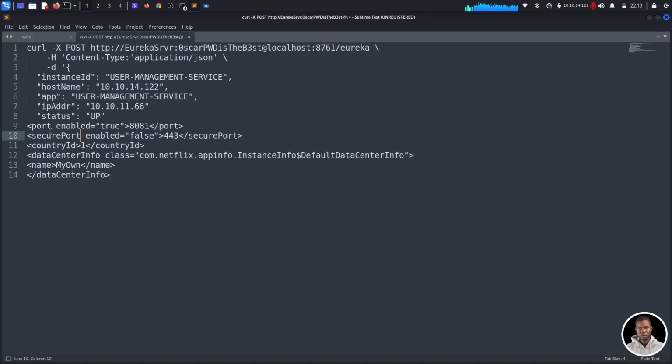So what can we do? Okay, we can specify port. And then since we're going to be passing it using bash, we can say the dollar symbol, and let's stick with the same port, which is 8081. So we're going to take this, copy,